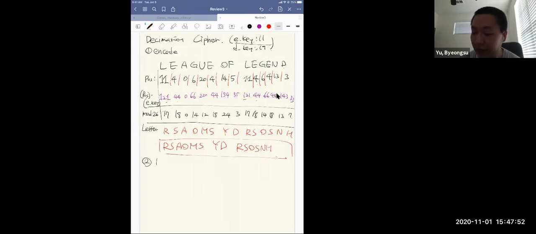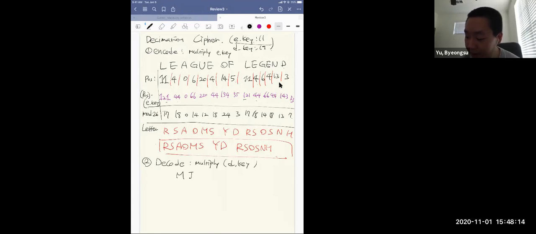And in case of decode, again, just multiply, multiply by the decryption key. So here, decryption key is 19. And here, MICE, we know the positions are 12, 8, 2, 4, and position times decryption key. Your decryption key is 19. So if you multiply 12 with 19 using your calculator, then what you get is